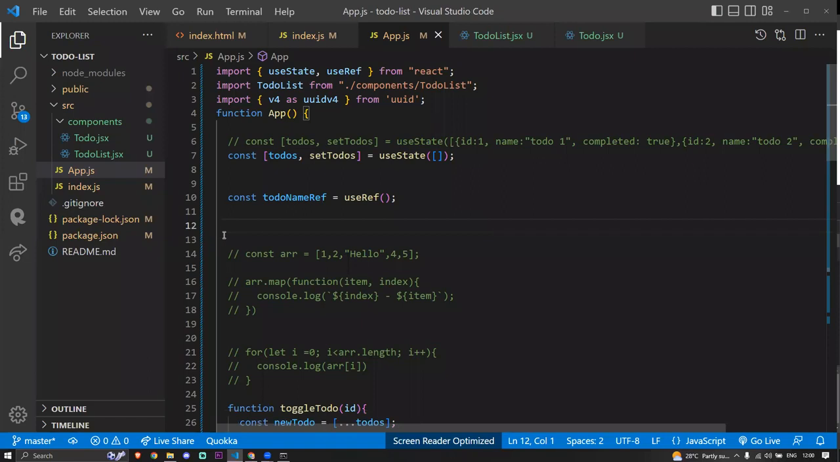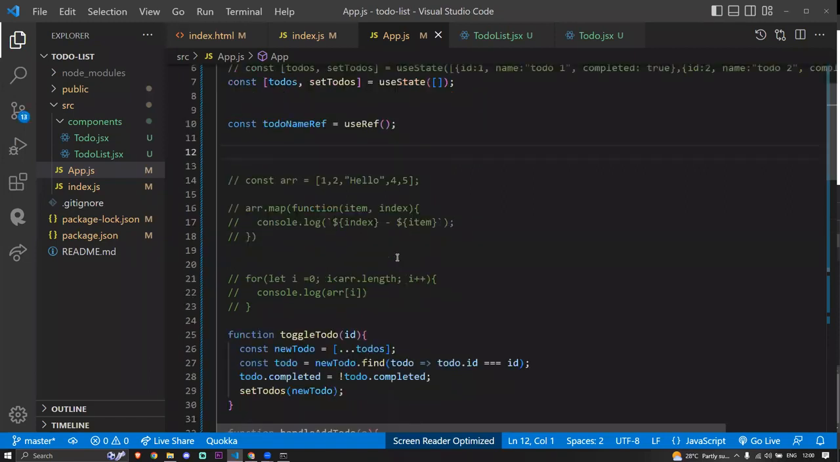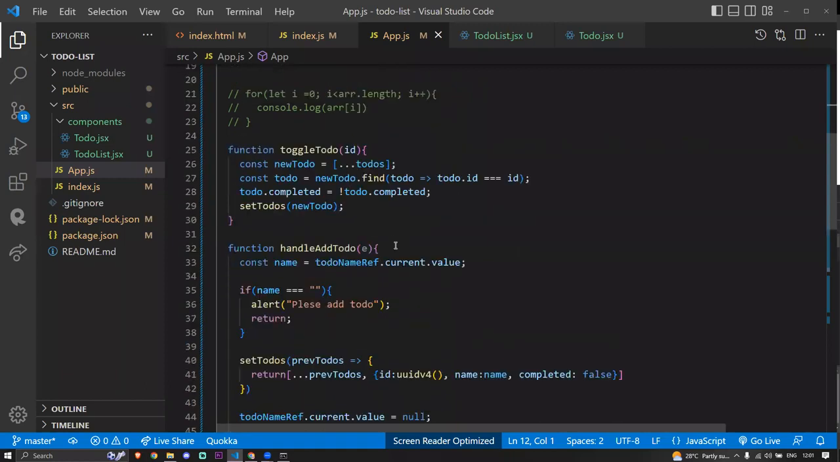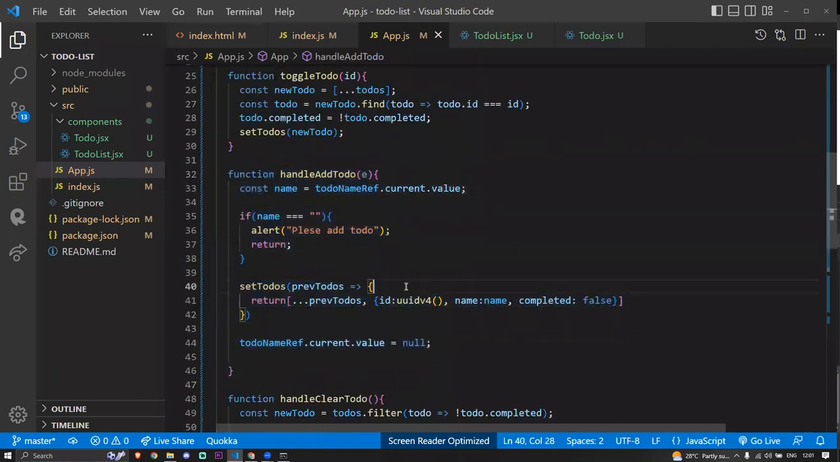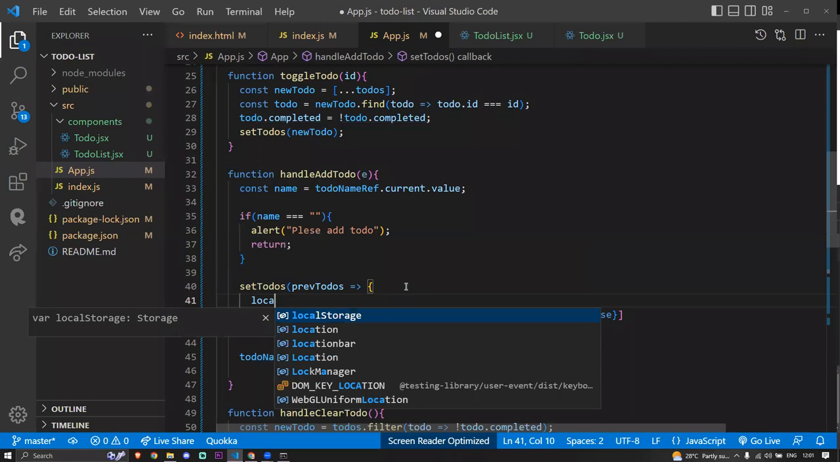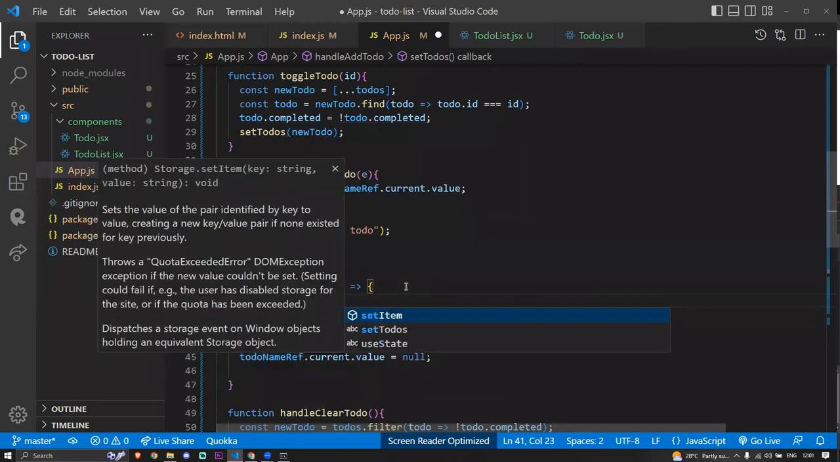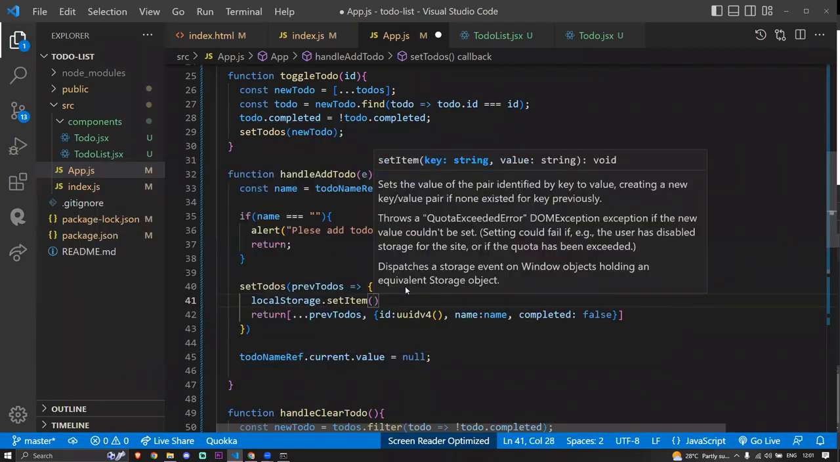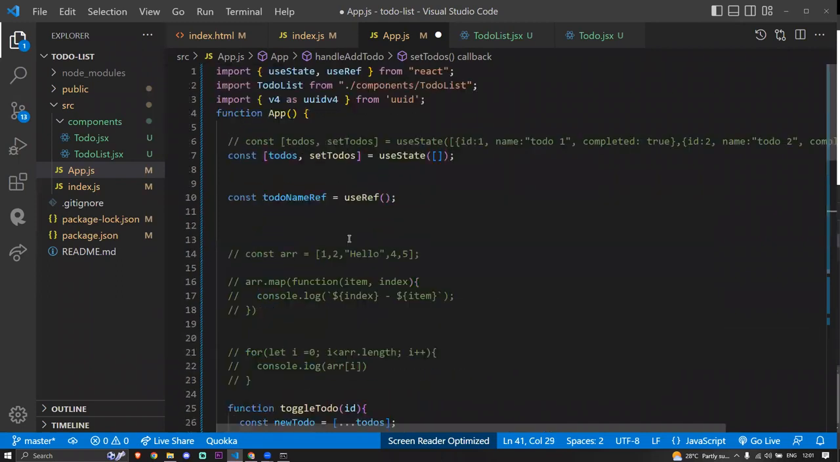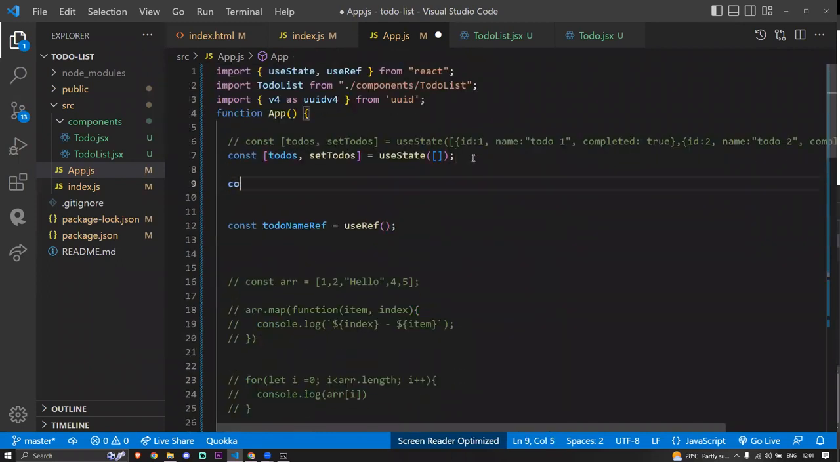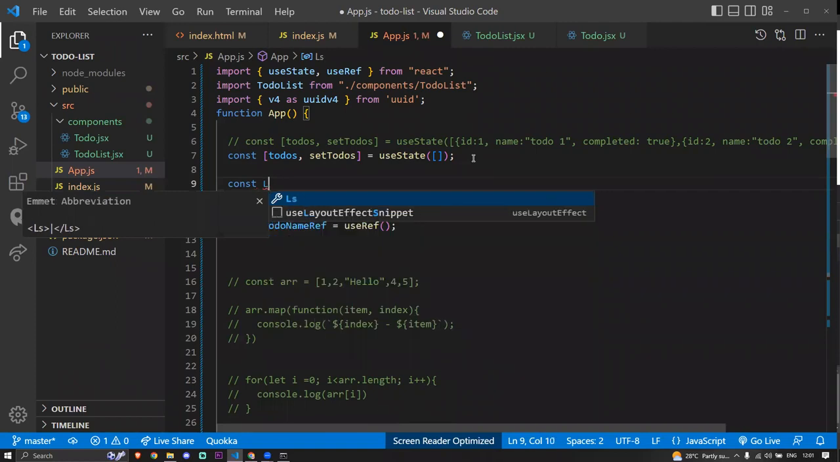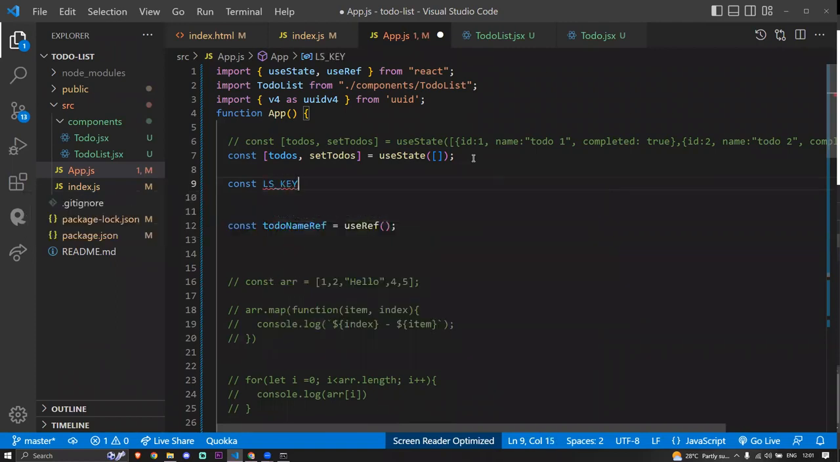So first step, this is where we are adding the to do. Inside, I'm going to call localStorage.setItem. For the key name, I'll just create a key here called LS_KEY, local storage key, and give it a value of "todos". Now I'll take this LS_KEY,